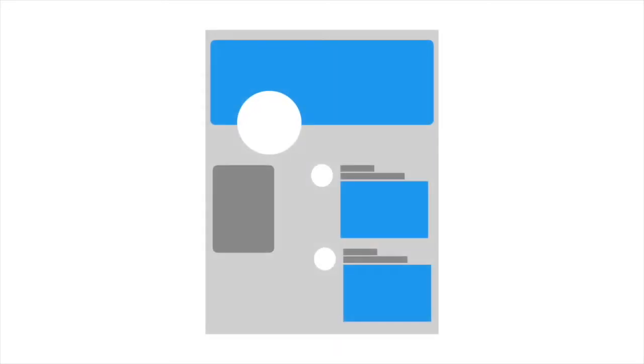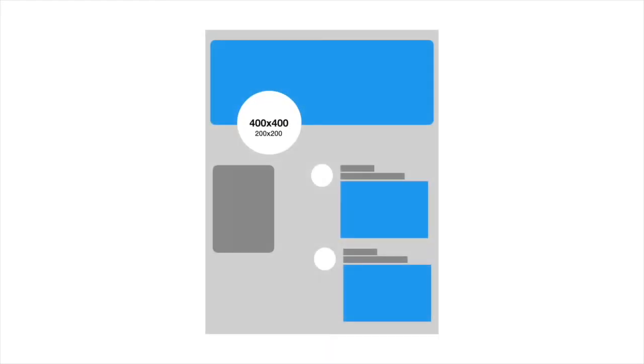For your profile picture on Twitter, the recommended size is 400 by 400 pixels. Also, keep in mind that 200 by 200 pixels is the minimum required image size. The file size should not exceed 2 MB. Twitter header photos should be around 1500 by 500 pixels with an aspect ratio 3 by 1. Remember that the way header images are displayed differs based on the device and browser you are using.